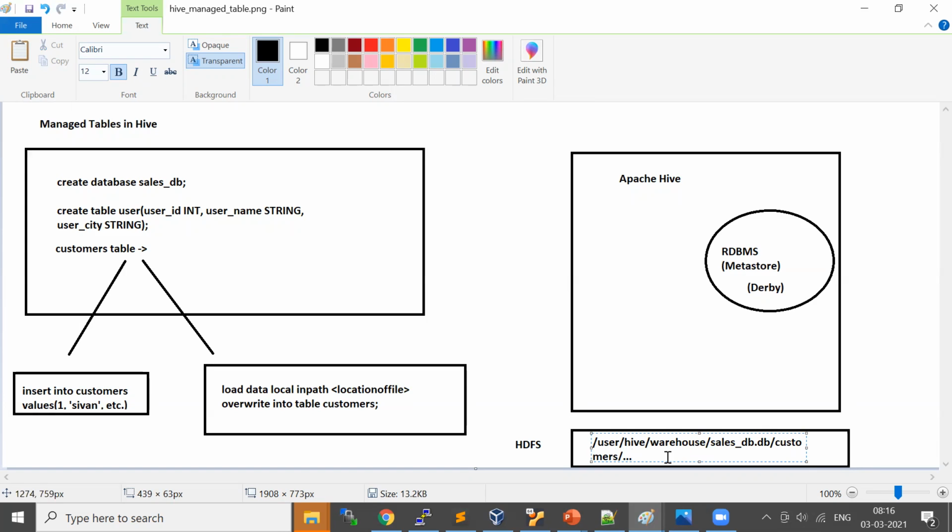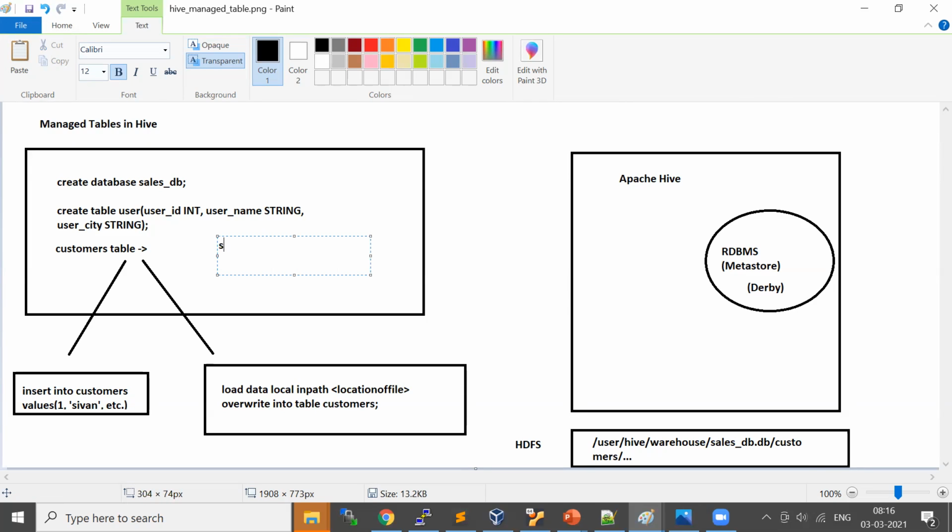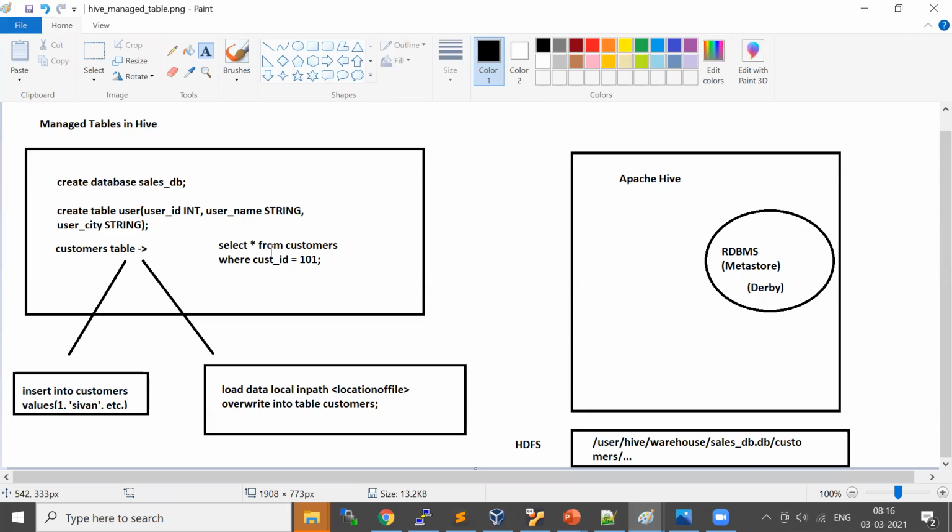Whenever you write a SQL statement here, select star from customers where cust_id equals, say, 101, it is going to read the schema from the Metastore, and then the Hive engine will generate the MapReduce job.